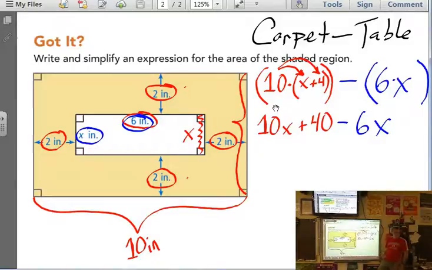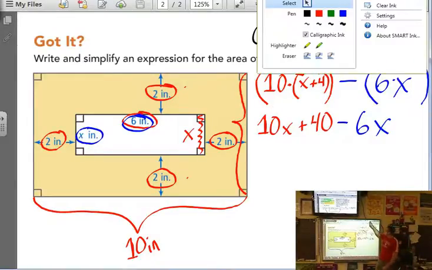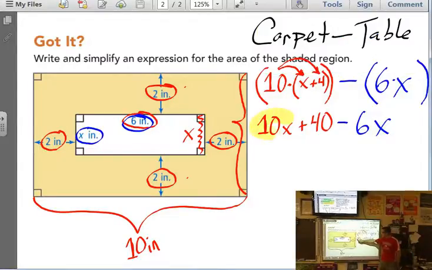Jeremiah? From there. Oh, I just realized you could solve even further than that. I thought it would end there. My bad. Well, what do you mean you can solve further? How can we solve further? So from there is 10x, but also 6x, which are like terms. Negative 6x, because the sign in front of it belongs to it. Okay. And so you would take 10x and